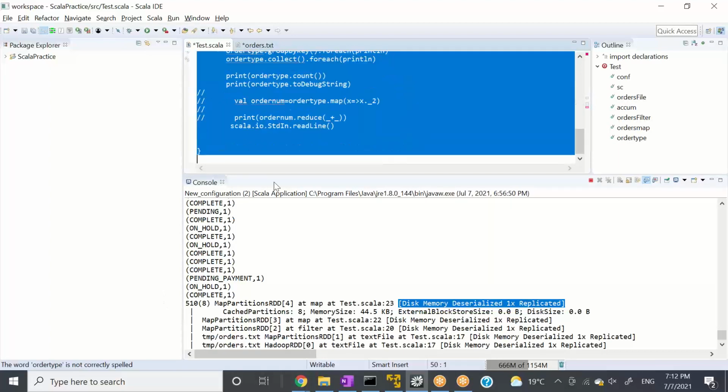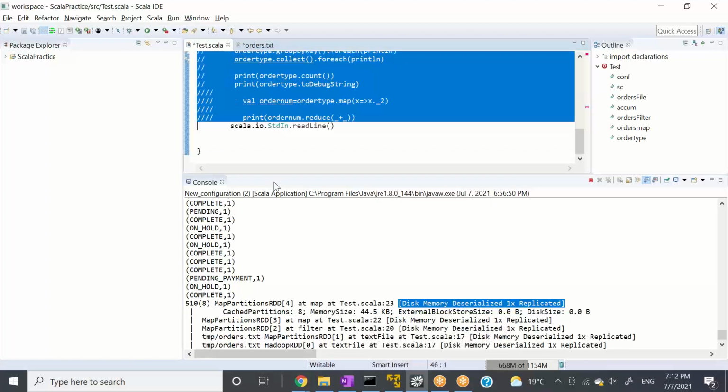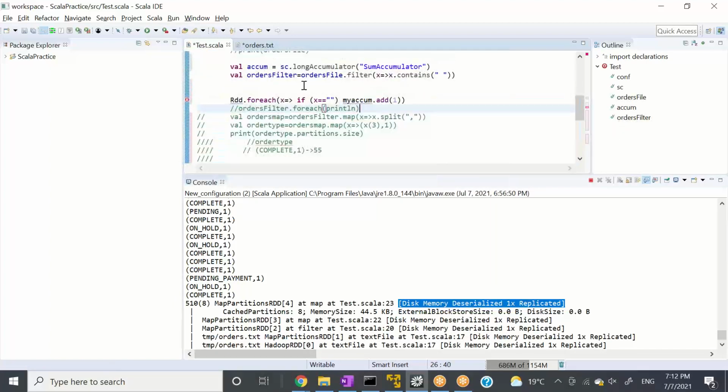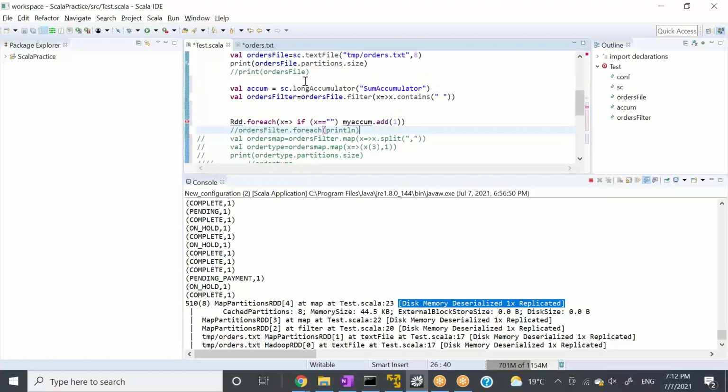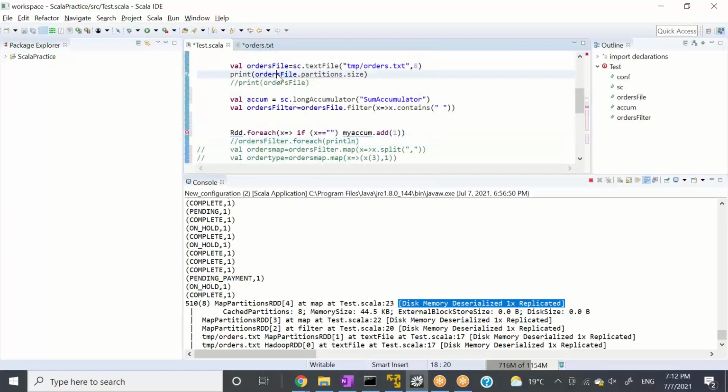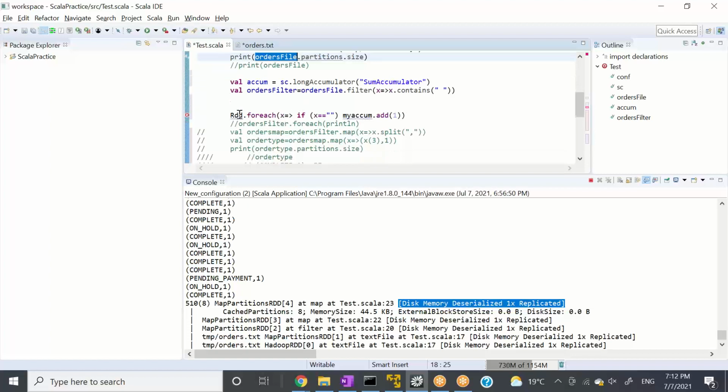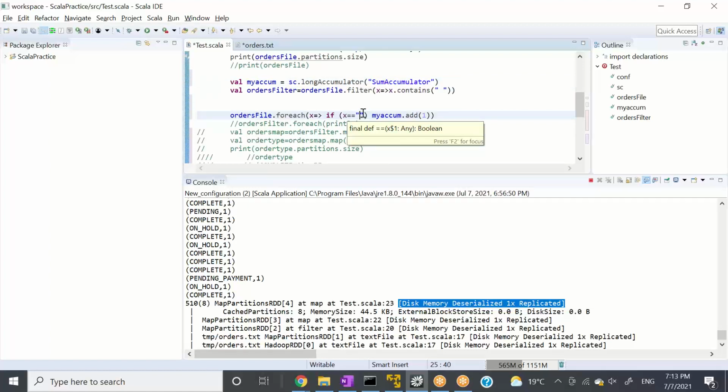I will comment all this stuff. And into this orders underscore file, for each x, I name this accumulator as myAccum, just for time being. What I'm showing you here is, whenever I see a space in my file, add 1 to the accumulator value.